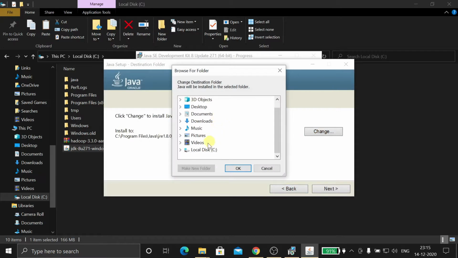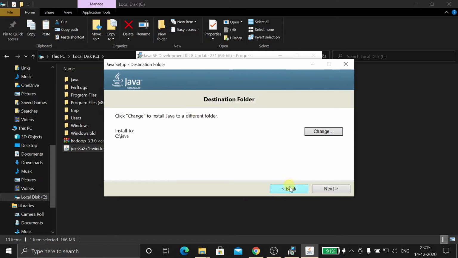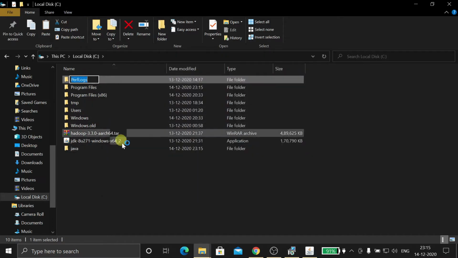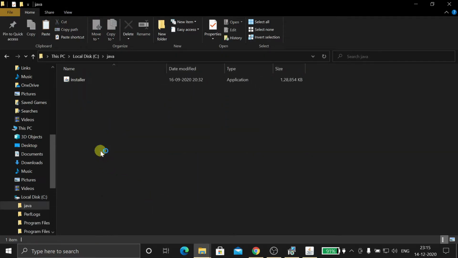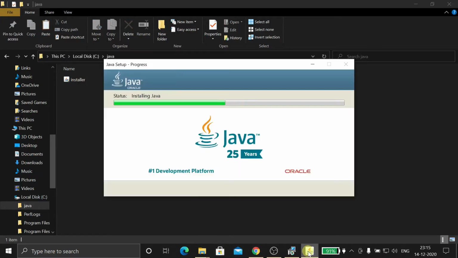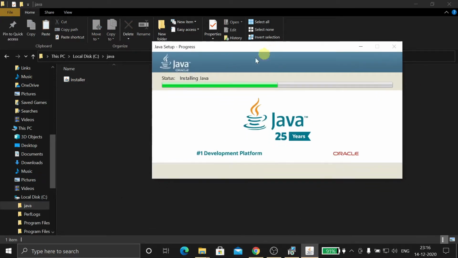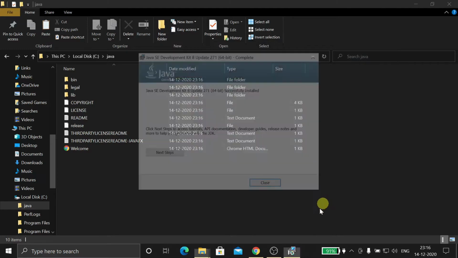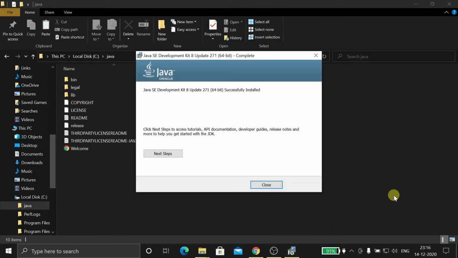Click Change, local disk C. This is the Java folder which you have created. Java, OK, and next. This is the Java folder which you have selected as the path. The installation processing is going on. The Java installation is over.